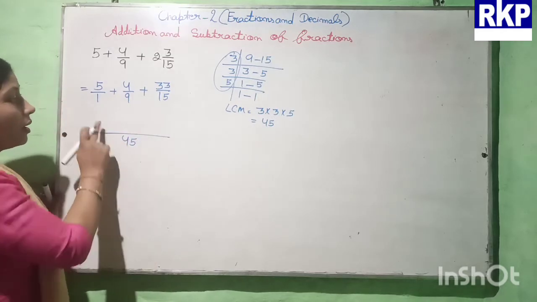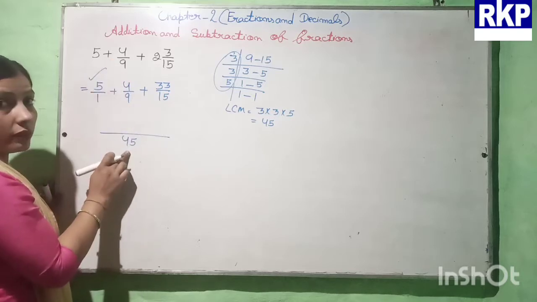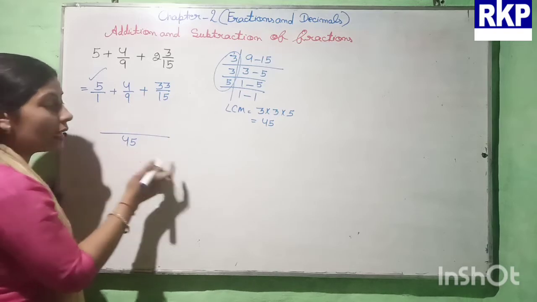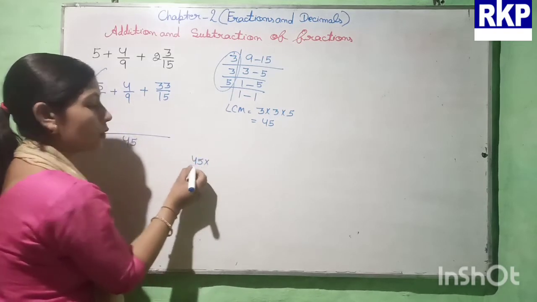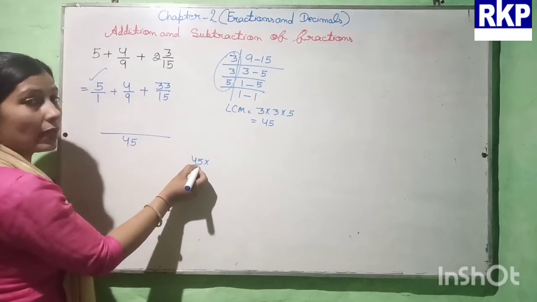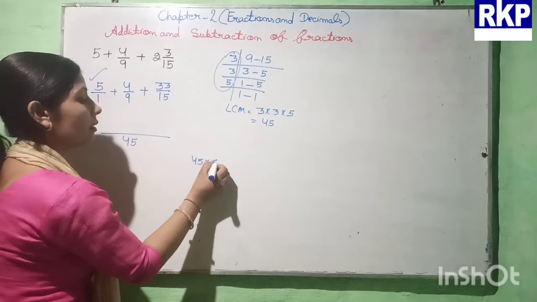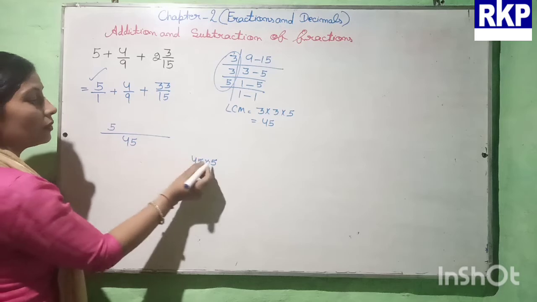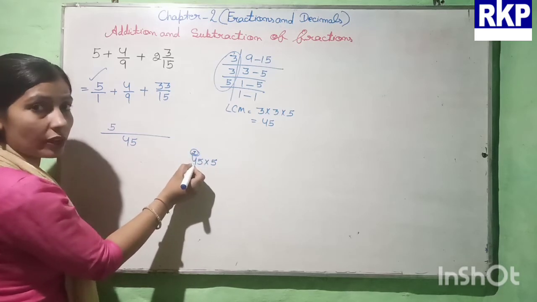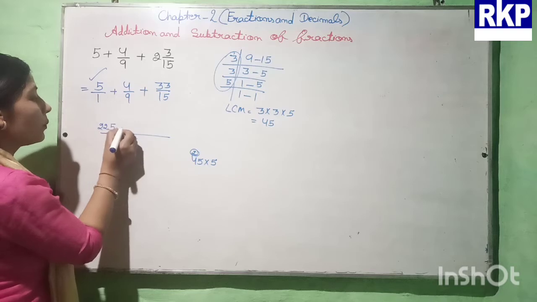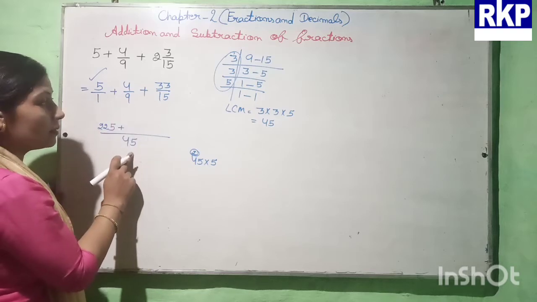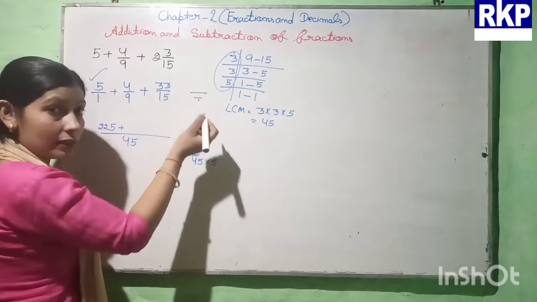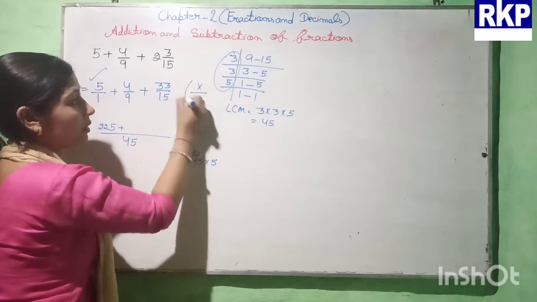Now beta, we have to divide this 45 with this one, and when we divide any number with 1, we get the same number. So here we have to multiply this quotient with the numerator. So we multiply this 45 with 5. 5 5s are 25, 2 will be carry. 5 4s are 20, 20 and 2 is 22. Plus now we have to divide with the denominator, and then the result will be multiplied with the numerator.